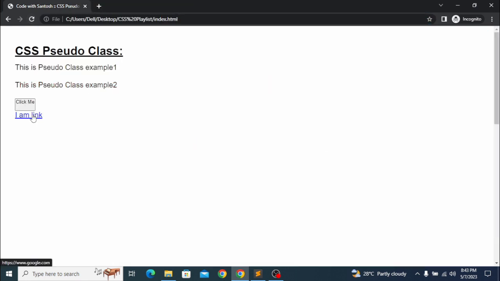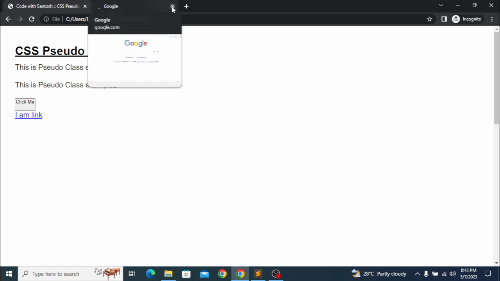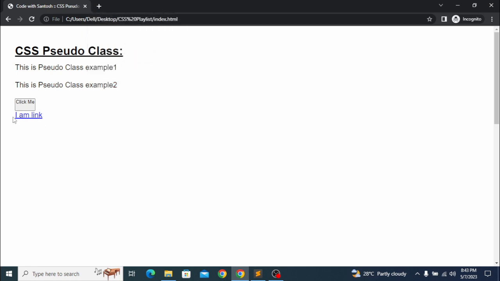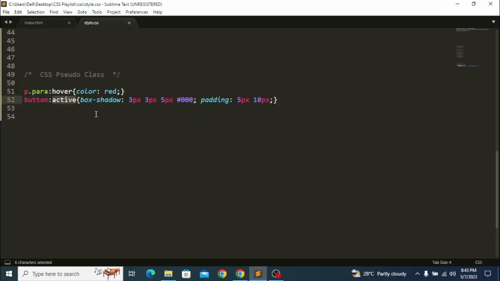Now you can see there is a link. Okay, just let me click this. Now you can see that this link opens into another tab, but there is no difference in this text. Okay, so let me add some CSS as well for this. So a, and